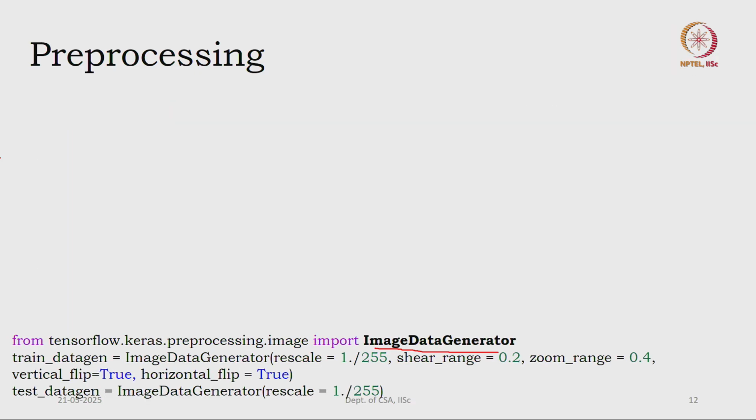So all of this is taken care of by a particular package called ImageDataGenerator. What ImageDataGenerator does is take care of these orientations. For example,